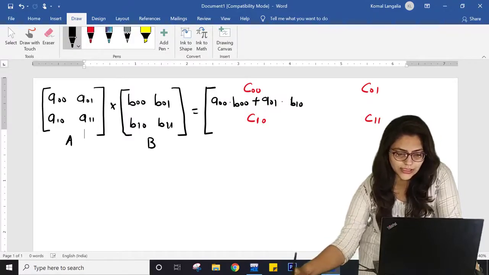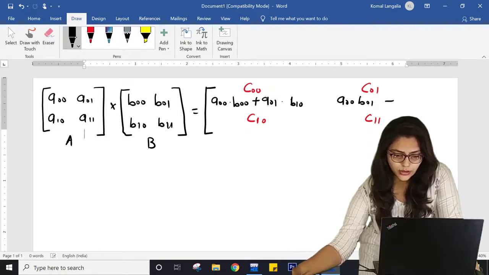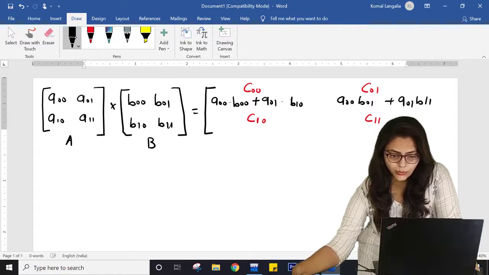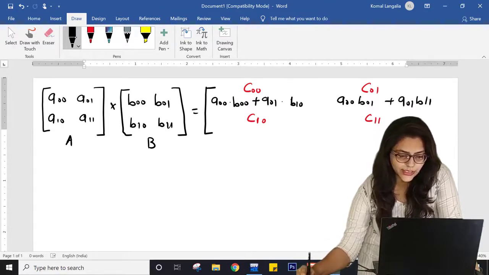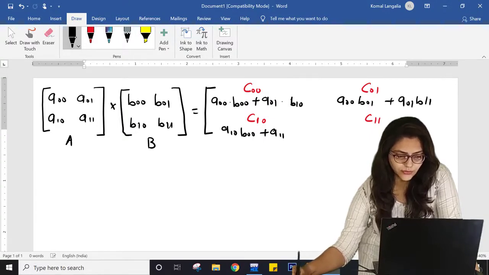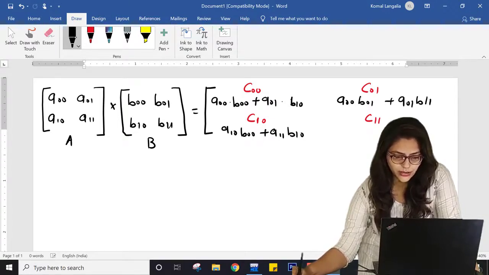So now what will be C01? C01 will be A00 into B01 plus A01 into B11, right? Here for C10 it will be A10 into B00 plus A11 into B10.